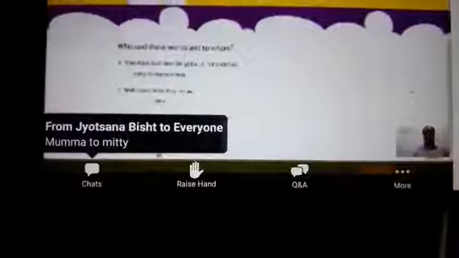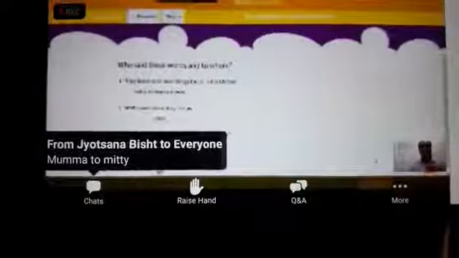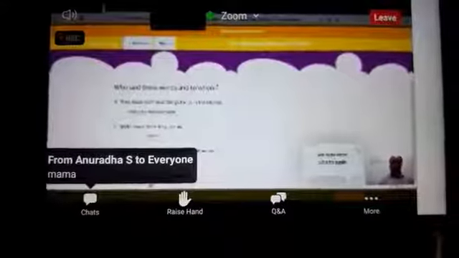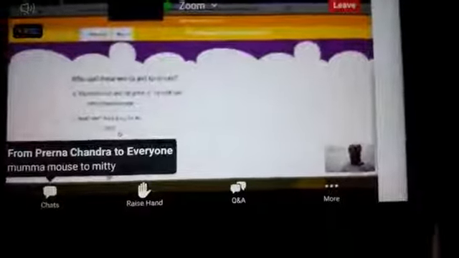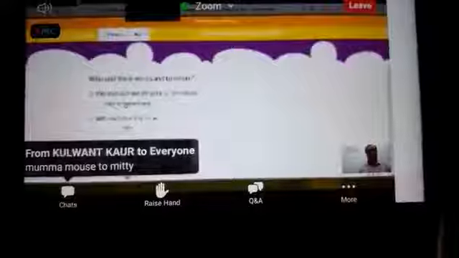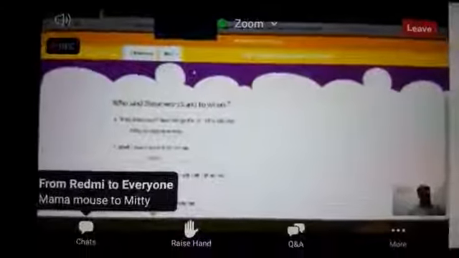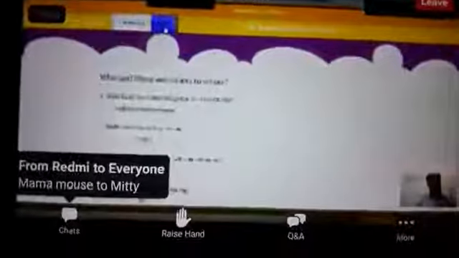Now, whatever answer they are giving, whether it's correct or incorrect, you just click on submit to show them how many of their answers are correct and how many are incorrect. Red color will show that it is incorrect, and if it is black, then it is absolutely correct. It will give them 2 attempts, they can correct them, and then after that it will show the correct answer to them as well. So this is the way with which you can keep their interactivity.